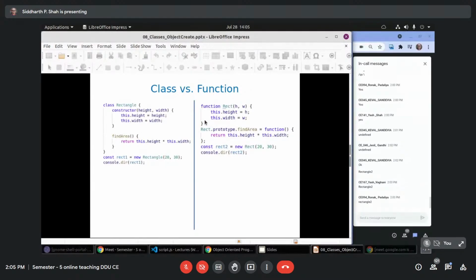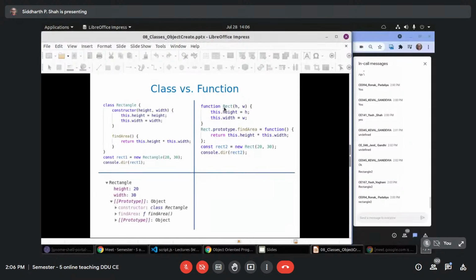Create a constructor function, set height and width, and rect.prototype.findArea equal to this function. Basically, findArea that you define here as a method of the class is nothing but a method added in the prototype of that constructor function.